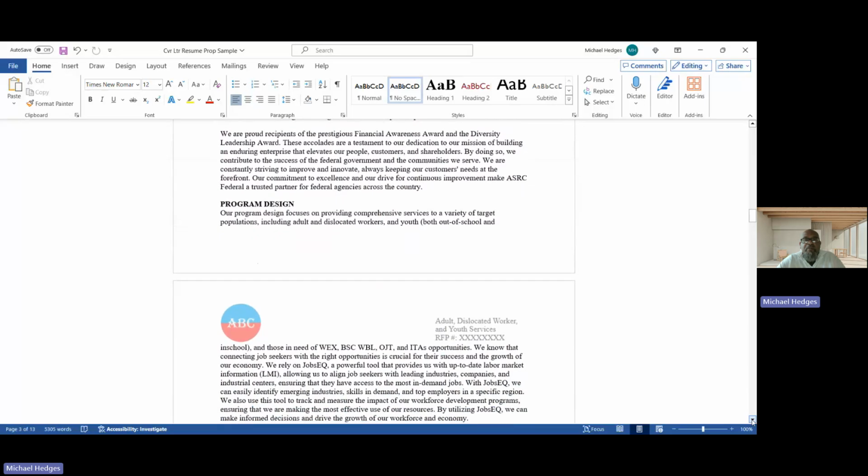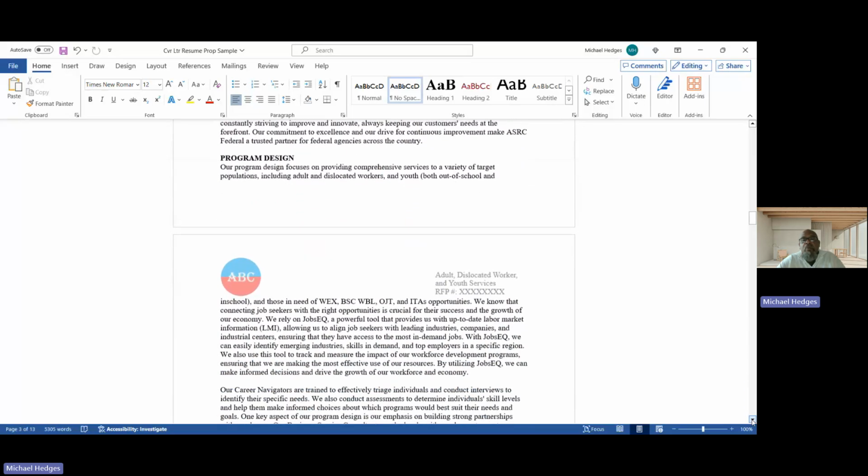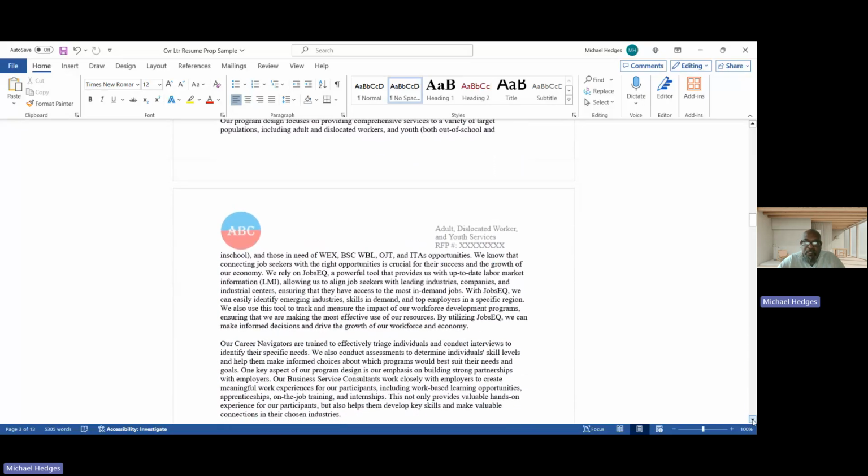So, as far as program design, that's usually how we're going to carry out the particular programs, what we offer, what results we're looking for. So if we're looking at WEX, that's work experience. Work-based learning would be WBL, OJT, on the job training, ITAs, individual training accounts,